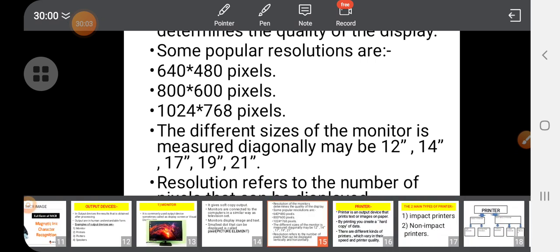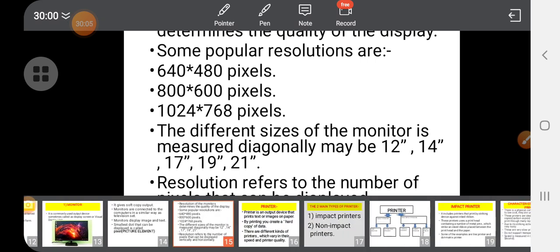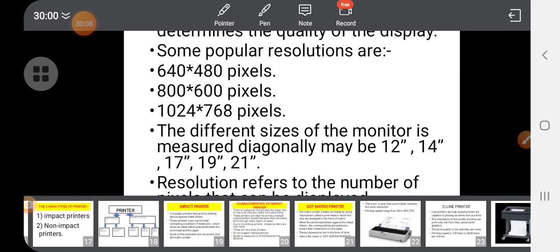So these are the information which you have to know about monitors. Okay, students, next we will be moving on to printers.